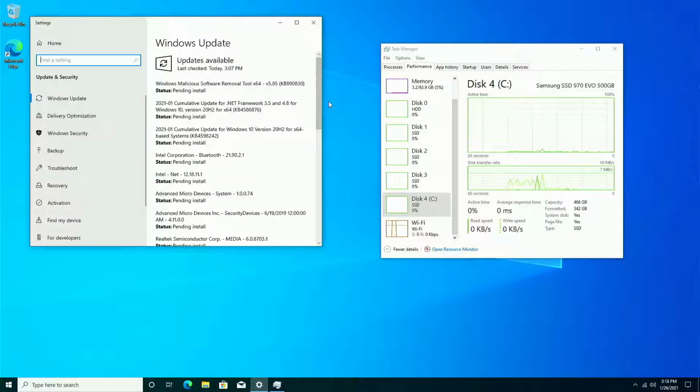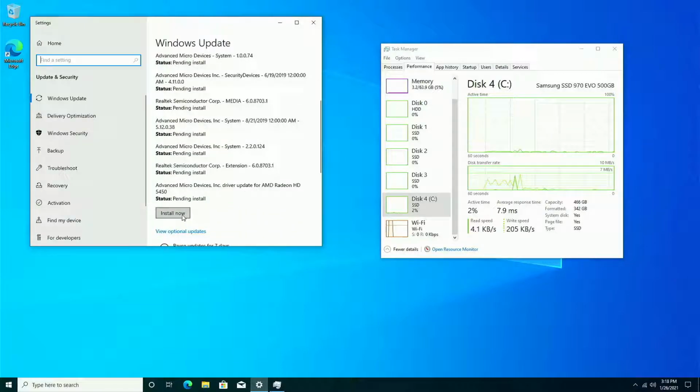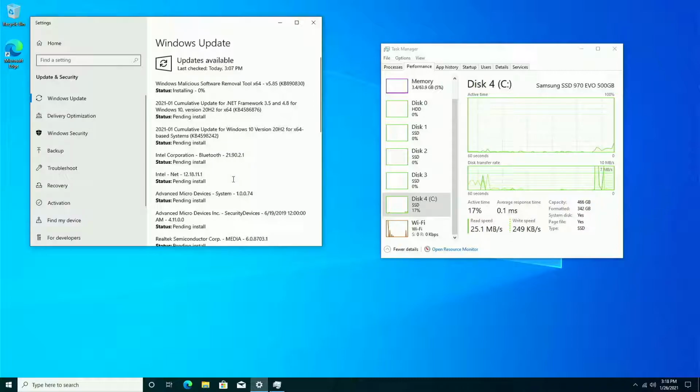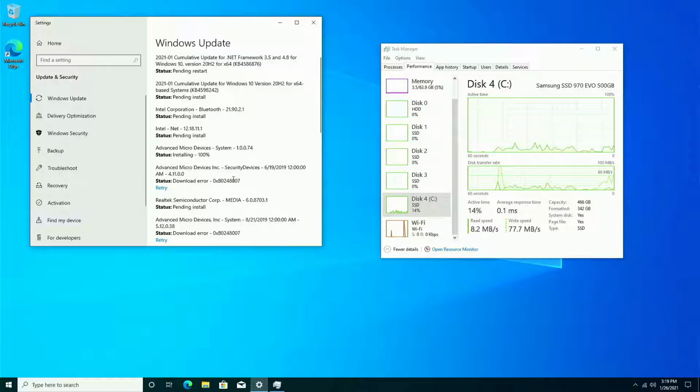Okay, so it looks like everything now is in pending install status, and we have this option to install now. So what we want to do is click that. In your situation, it could be different. It could be that it will prompt you to restart the computer to proceed with the installation, but after it installs these components that it could install without rebooting, it will prompt you to restart or restart automatically